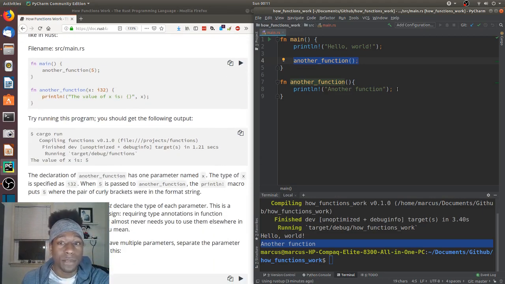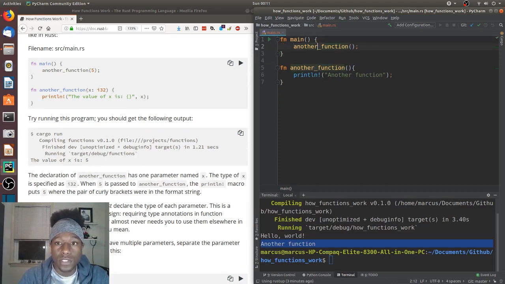And then we have the example here, where now we're changing our code. So we want to be able to pass in a variable to another function. And we're going to define it as x, and we'll give it a type, i32. So signed integer 32. And we are now going to say the value of x is